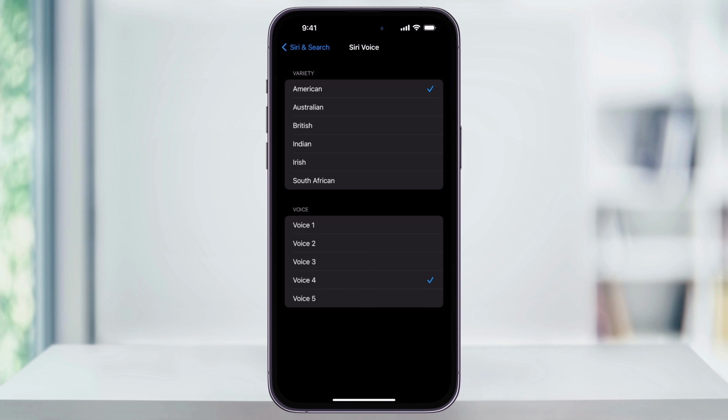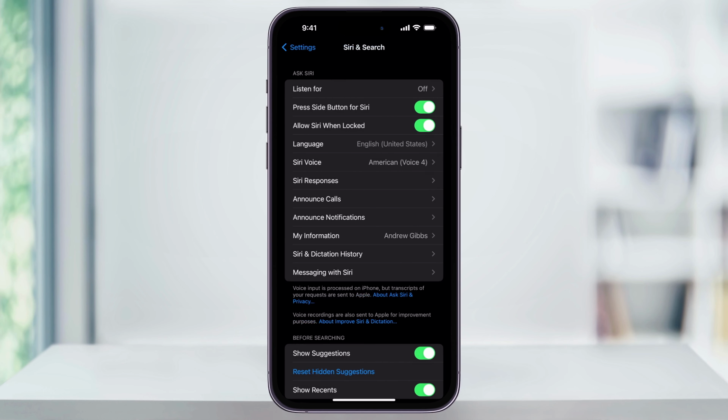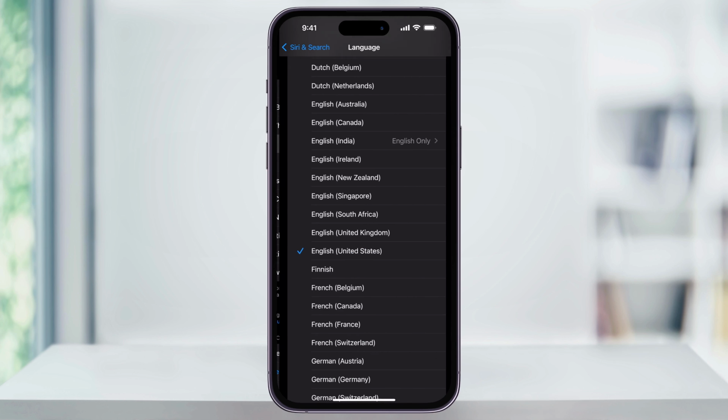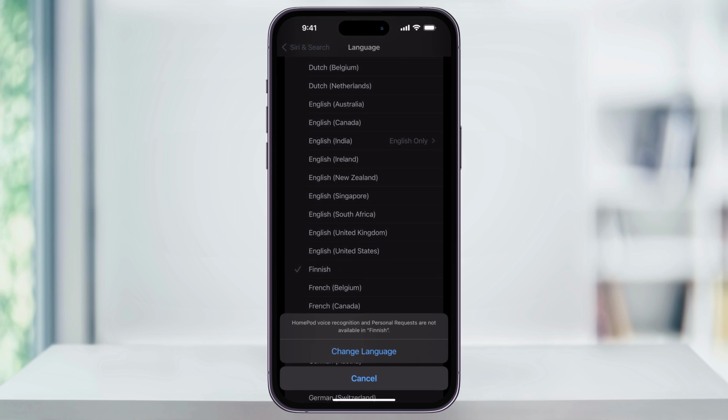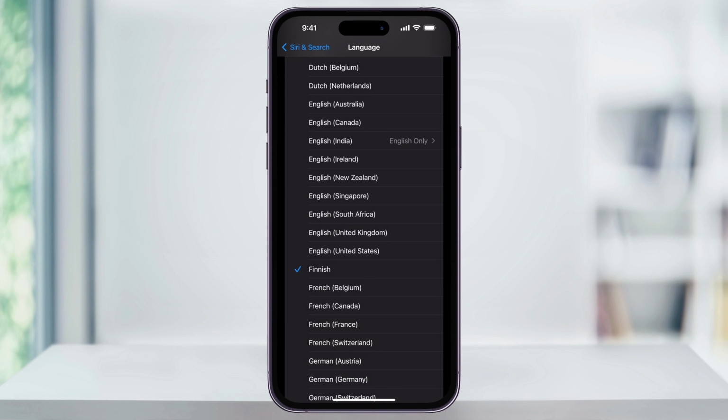Next, let's take a look at how to change the language that Siri speaks. Head back to the Siri and Search menu here, and then above Siri Voice, you'll see Language. Choose this, and then you'll find an entire list of all of the different languages that Siri can speak. Again, just choose one that you want to use, and then confirm with Change Language, and Siri's language has now